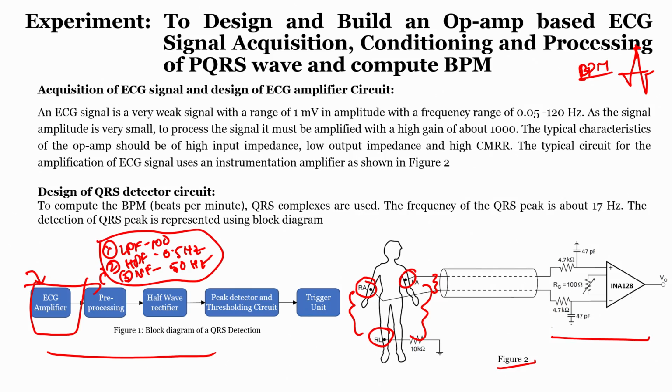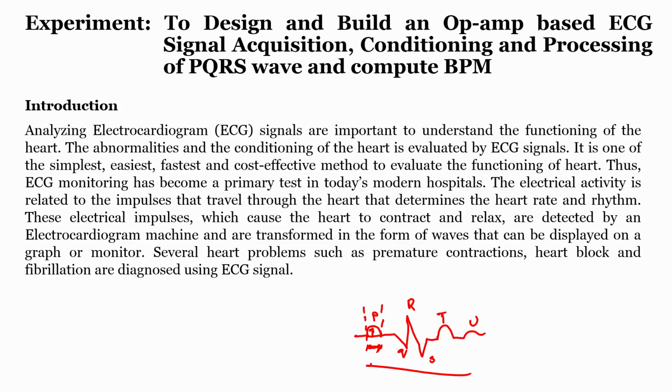Then why do we need a half wave rectifier in this case? The reason is that we require to know how many QRS peaks there are, but when we look into our QRS wave, we can see that there is one peak here. Now, there is one more, this is called a valley, a negative peak. R is also a peak, then S is a valley, maybe a negative peak, and T is also a peak and U is also a peak, but our interest is only in the positive peaks, and I do not want to allow negative peaks to pass through.